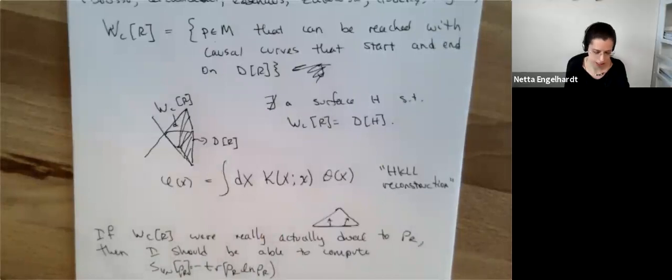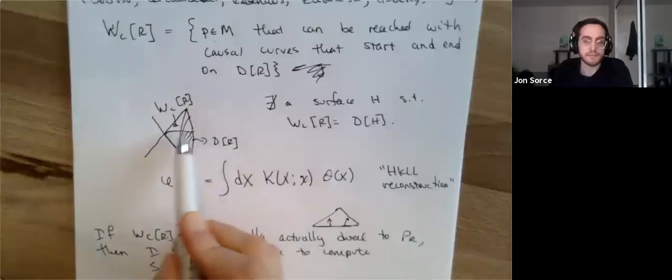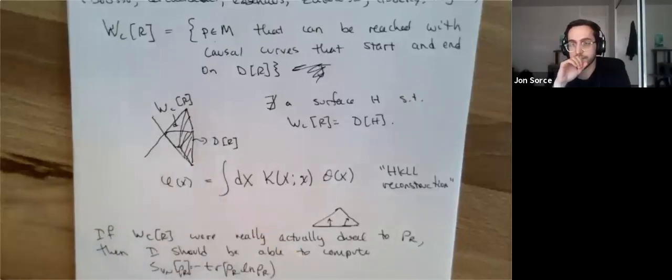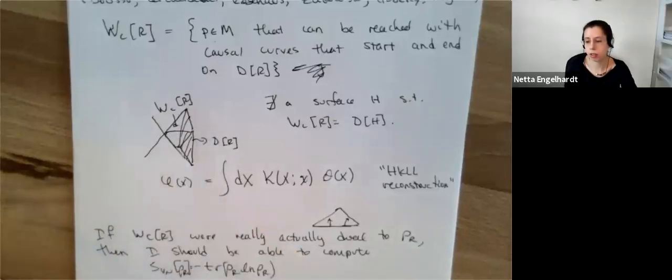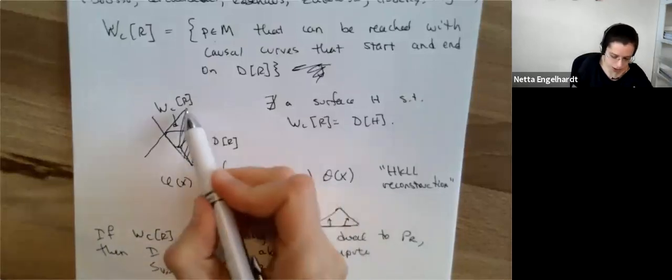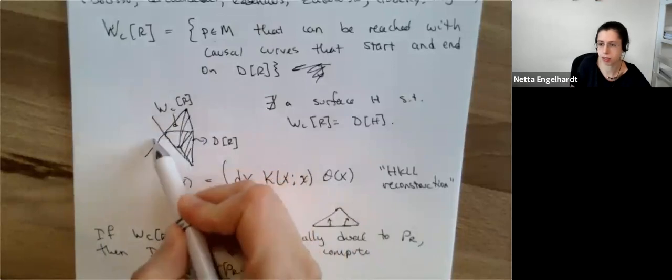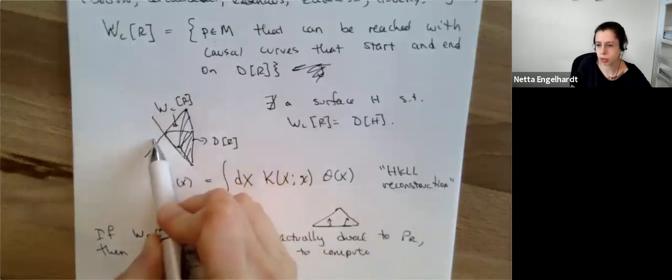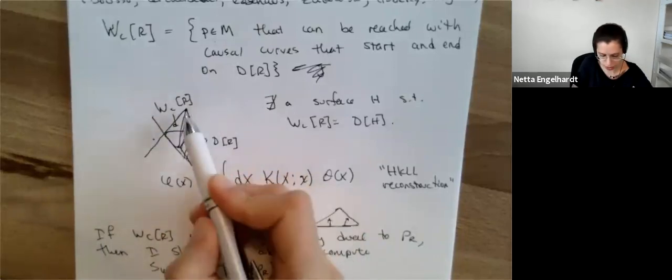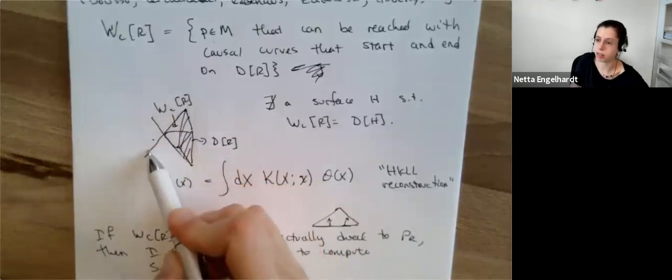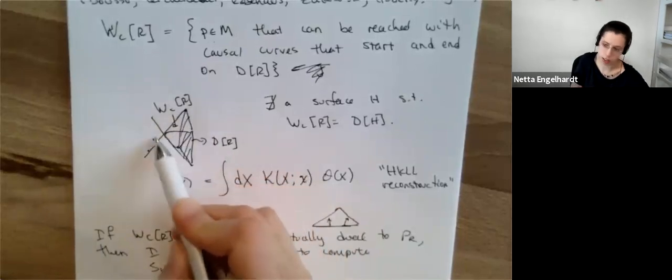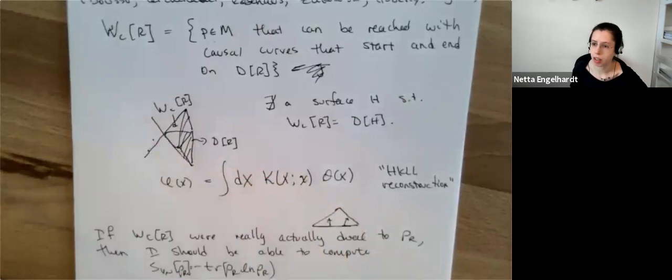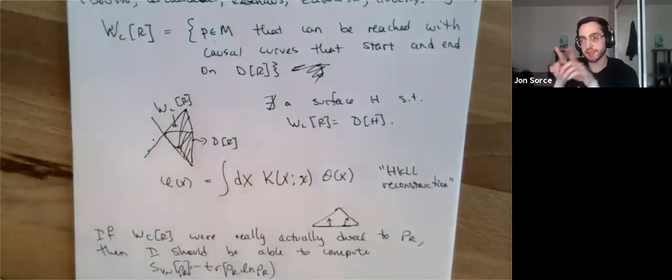So what happens is, the causal wedge is defined in terms of what's in between horizons. And horizons are defined as a congruence that's fired from the asymptotic boundary. And there's a difference between the congruence that's fired from the asymptotic boundary down here and a congruence that's fired from here towards the asymptotic boundary, because you get conjugate points in different directions. Sure. On these horizons, you'll have positive expansion going towards the boundary.